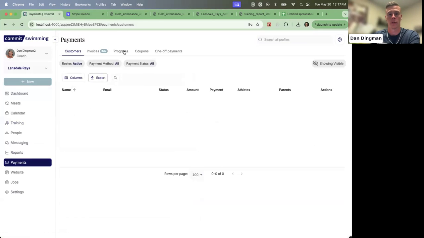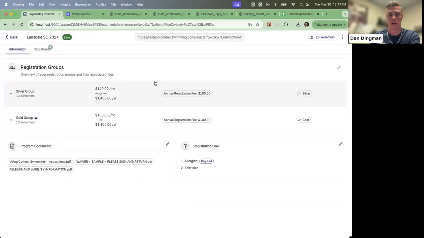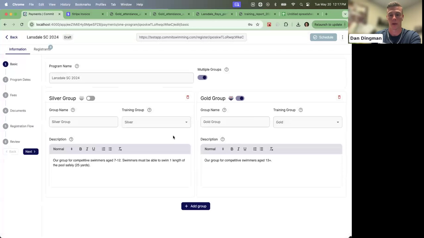So underneath the payments, when you go to create your registrations, this also has a new look and feel in addition to some other options. As you click in here, we tried to make this layout a little more user friendly so you could understand at a high level what was happening, what the fees are for each group. And as you create this, say we want to edit this program,